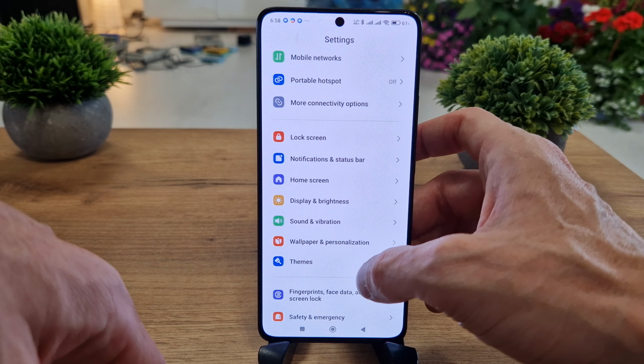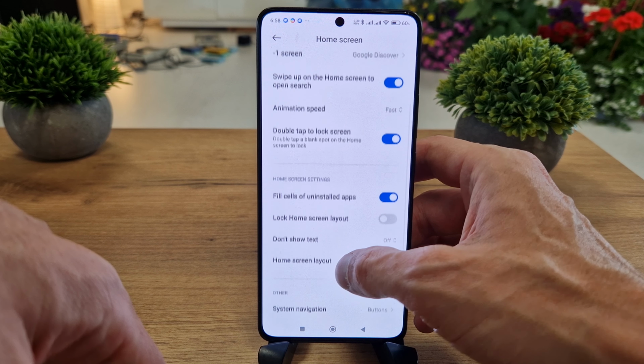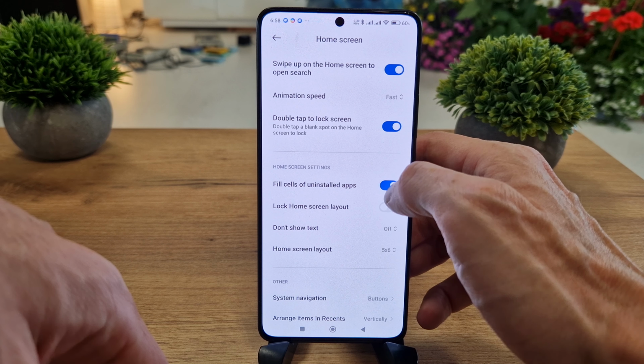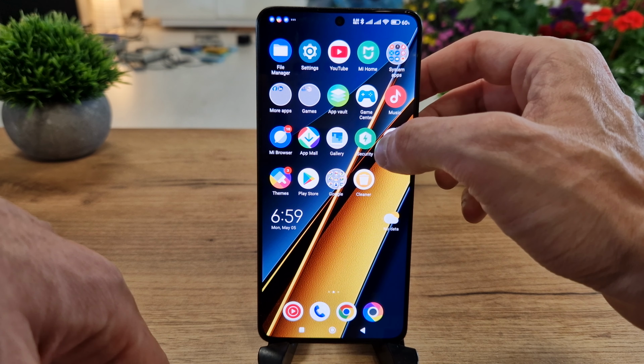If you don't like this option, go to settings, go to home screen, then scroll down and there is an option, fill cells of uninstalled apps. If you disable it, and now when you